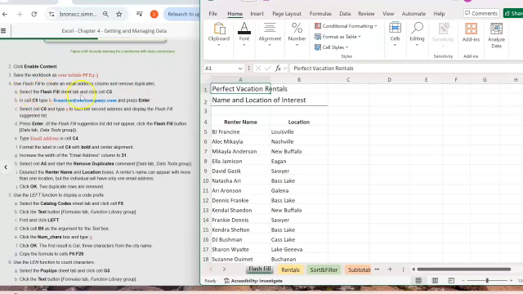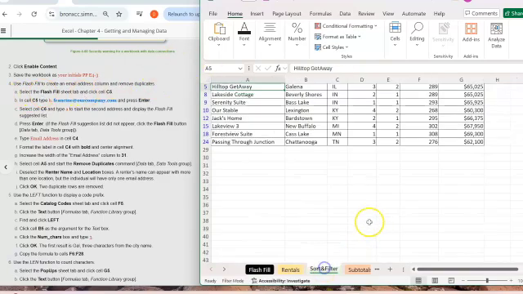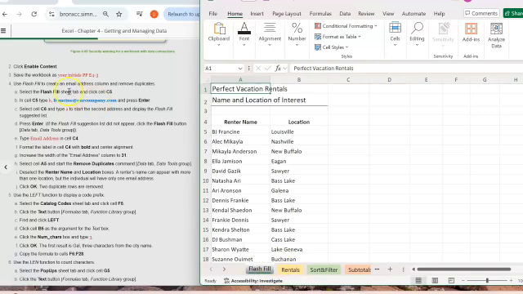So select the flash fill sheet tab. We are here in the flash fill sheet tab. Flash fill is here. And select the flash fill sheet. I've selected that. Select cell C5. C5 is here. In that we are going to type B period Francine